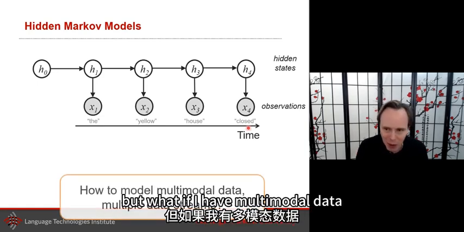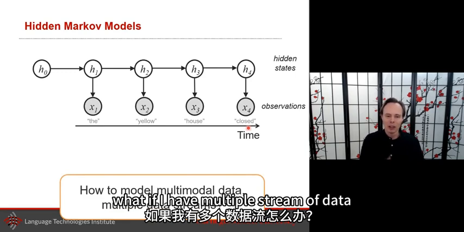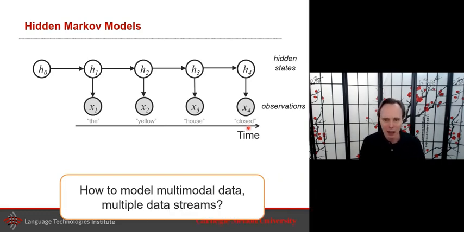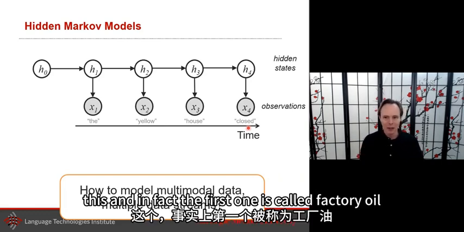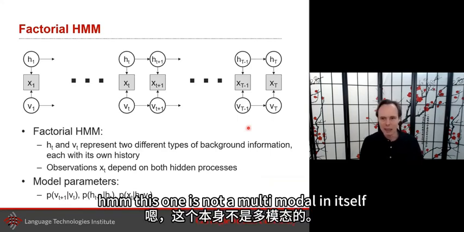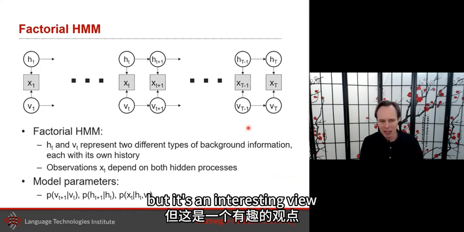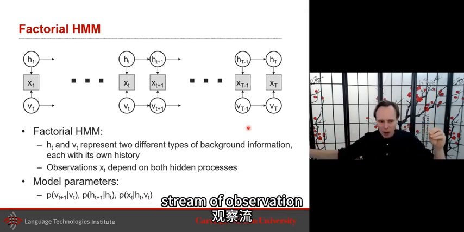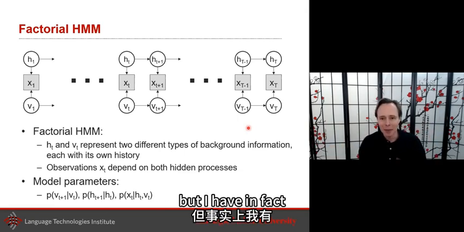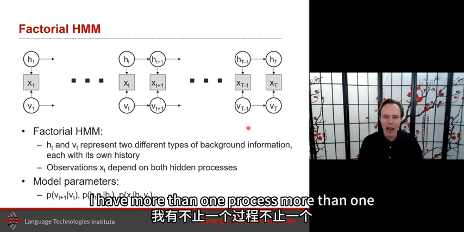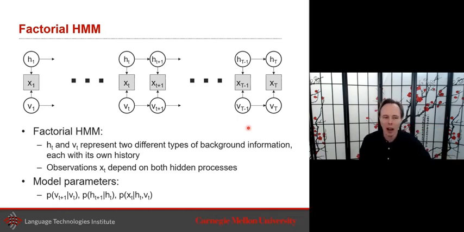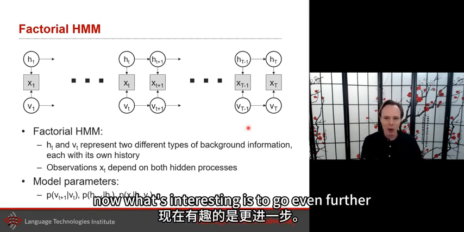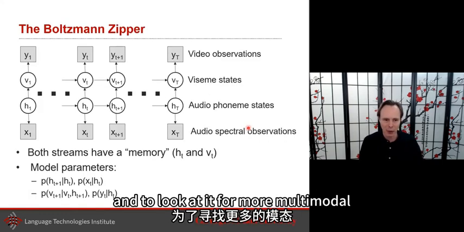But what if I have multimodal data? What if I have multiple streams of data? And let me share with you some strategies of factorizing this. In fact, the first one is called factorial HMM. This one is not multimodal in itself, but it's an interesting view. And here it says I only have one stream of observation, but in fact, generating this stream of information, I have more than one process, more than one factor that is generating this. So that is an interesting extension. Now, what's interesting is to go even further and to look at it for more multimodal